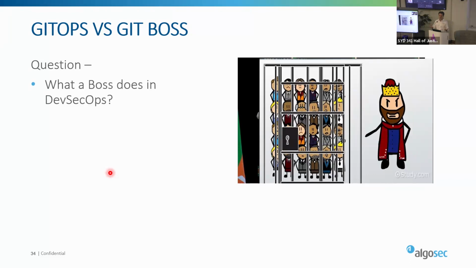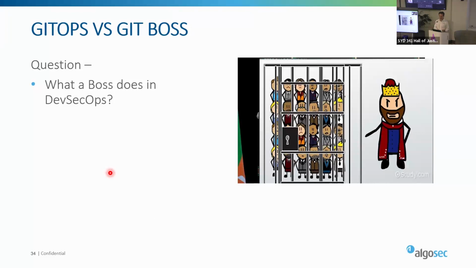What, for example, does a boss do in DevSecOps? If you can, I just open it to you to tell me your opinion and your experience within the mindset of DevOps or DevSecOps, and how things were working.